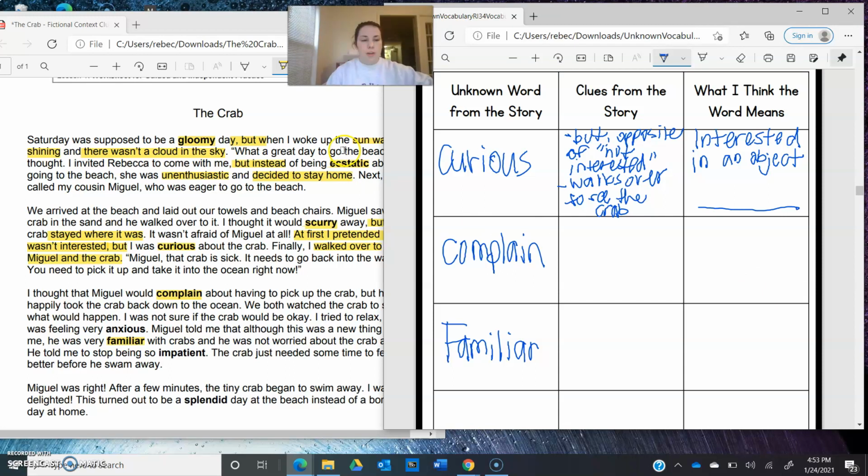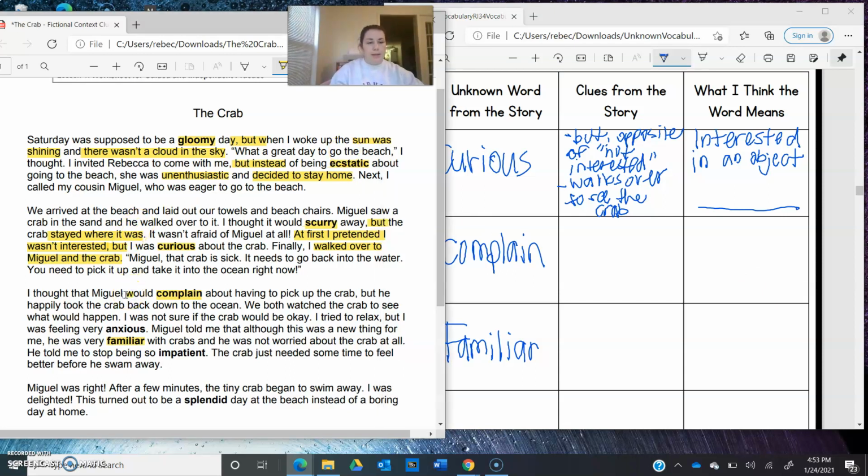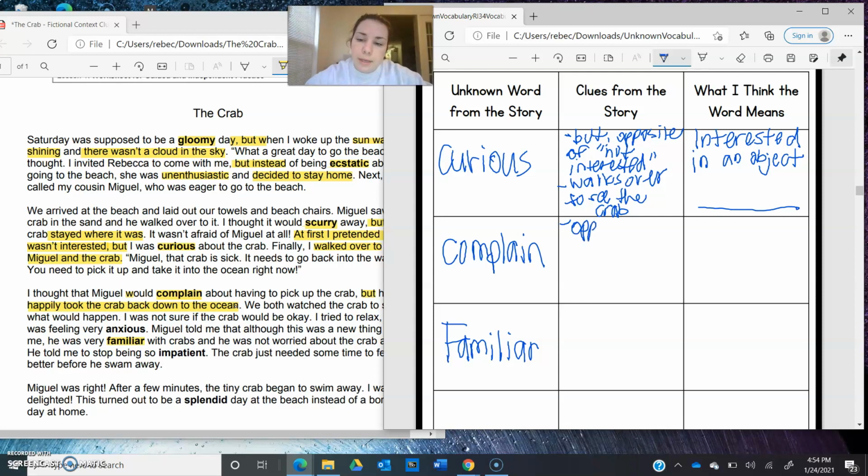All right, if you're back, you've highlighted the clues in the text. I'm going to show you what I highlighted. So she says, I thought Miguel would complain about having to pick up the crab. There's that word but he happily took the crab back down to the ocean. So she thought that he would complain, but he happily took the crab back down to the ocean. So hopefully you wrote a clue like opposite of happily